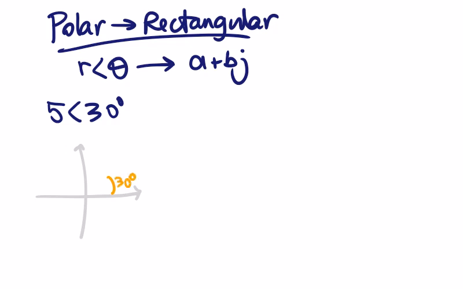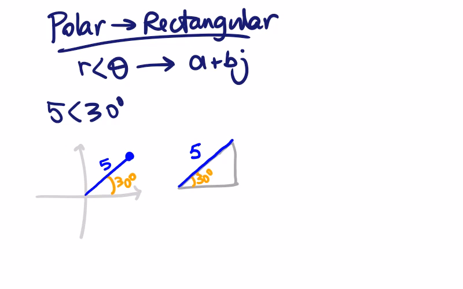And the length of the segment from the origin to the end where this complex number is, is 5. So that gives us, if we want to draw on the side here, a right-angled triangle. Angle is 30 degrees here. The hypotenuse is 5. So what we need to find now